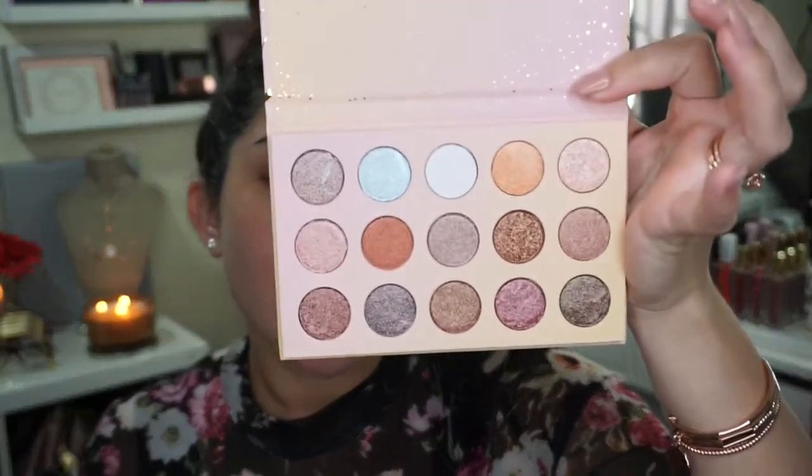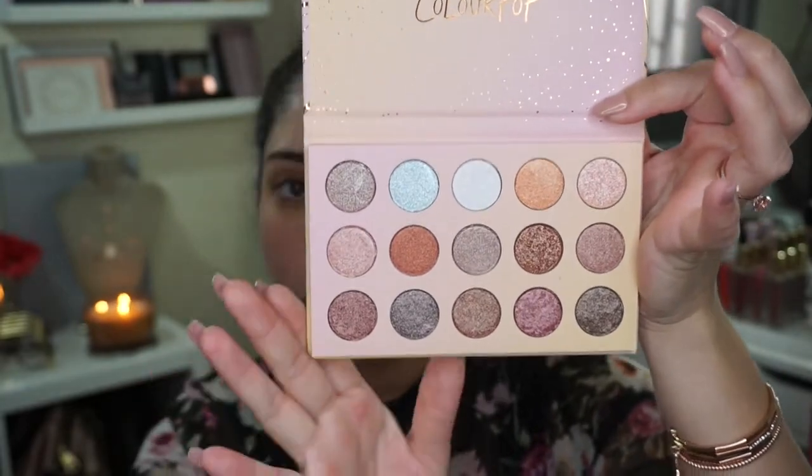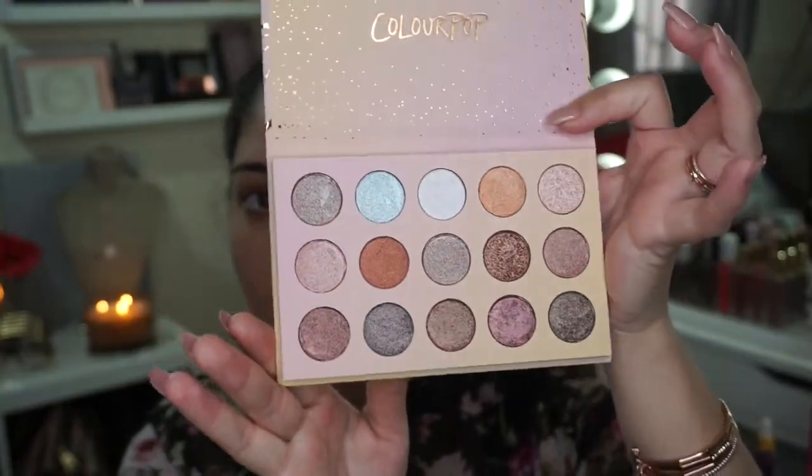This is what it looks like. I'm pretty sure everyone's seen it. It's just such a beautiful palette. Look at all those colors. You could use this for any type of eye look. It's just such a great palette